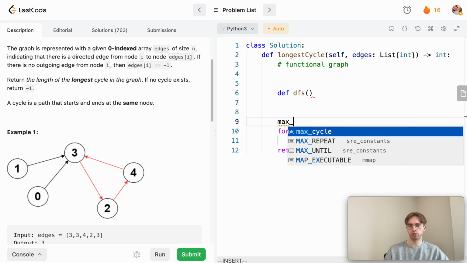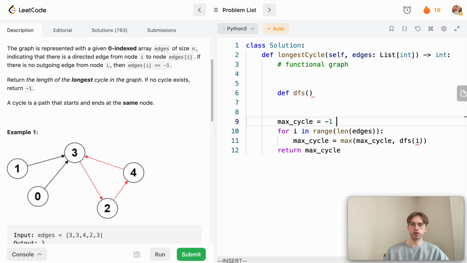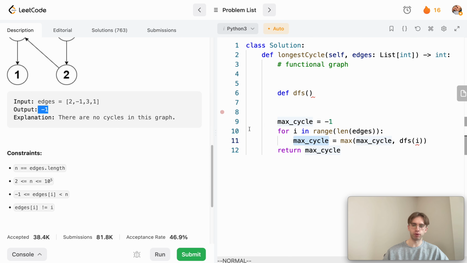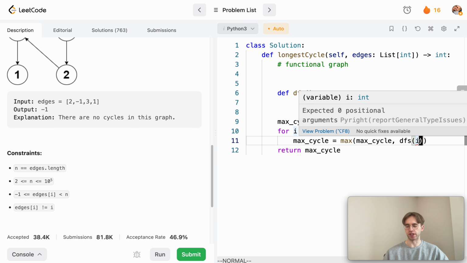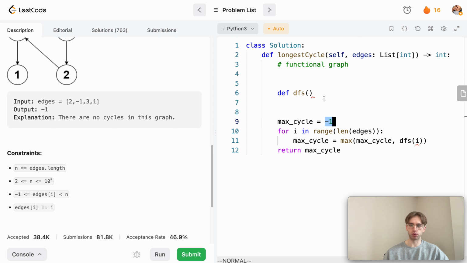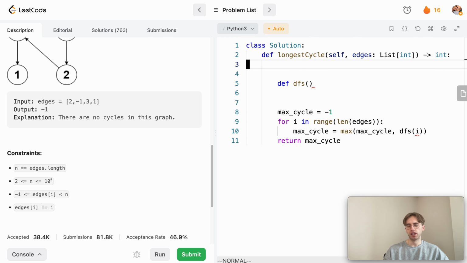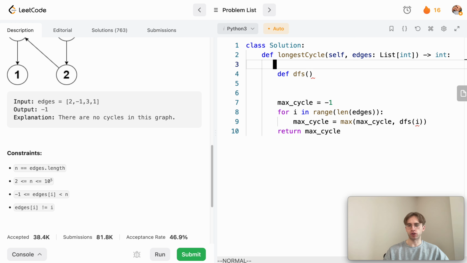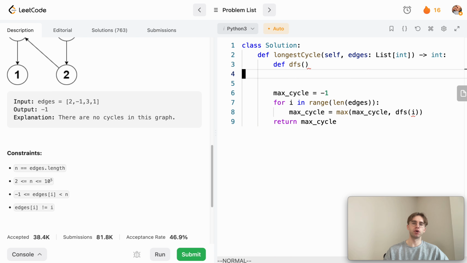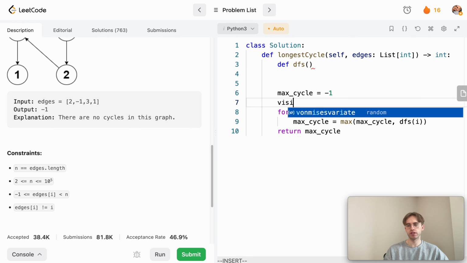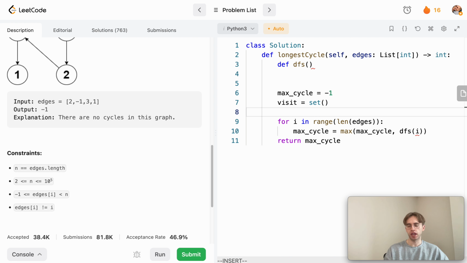And initially, why don't we set the max cycle to -1, because we don't want to set it to 0, because we will always want it to return -1. If we're comparing 0 and this is returning -1, then you'll still get 0. So you really want to start with -1 here. Usually for graph questions, you kind of have to make an adjacency list. But because each node only has one corresponding outgoing edge, you don't have to build that. But we still need to have our visit set and our